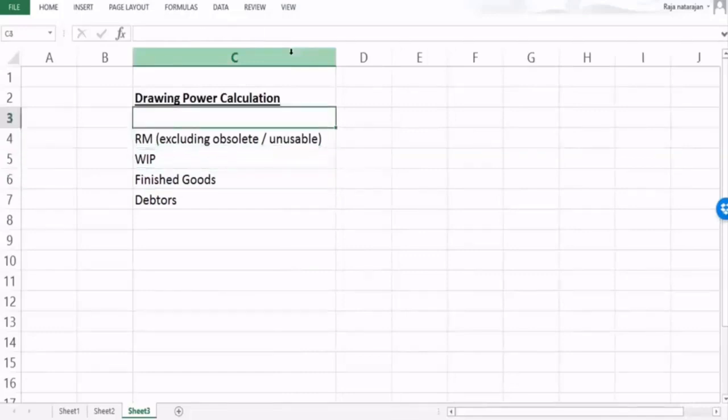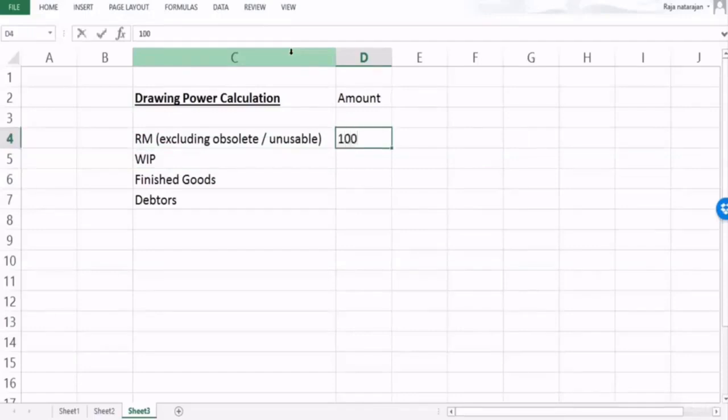Now we have to attach the respective value. So let me capture the amount over here. Let's say the value of raw material in stock is 100 million. Work in progress is say 25 million. Finished goods is say something like 75 million. And debtors, based on their working capital cycle, is at say 125 million. Now